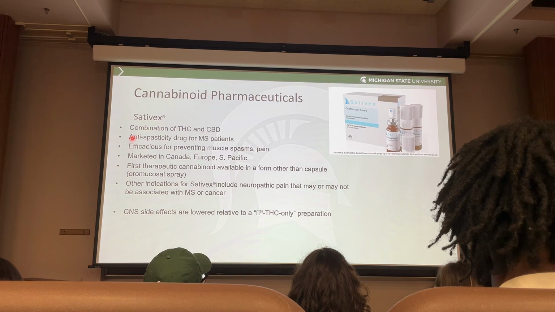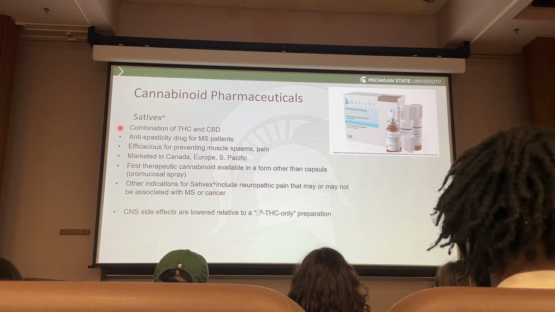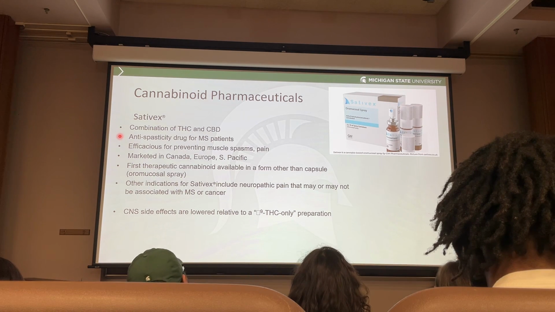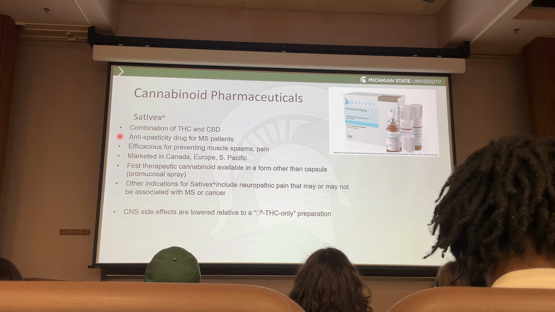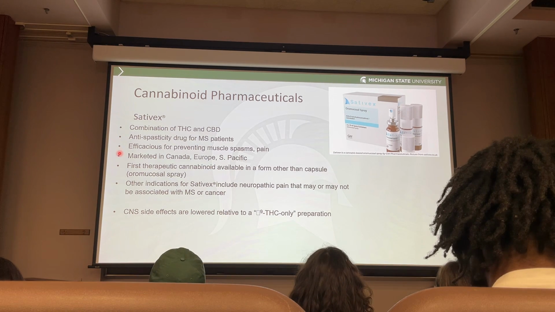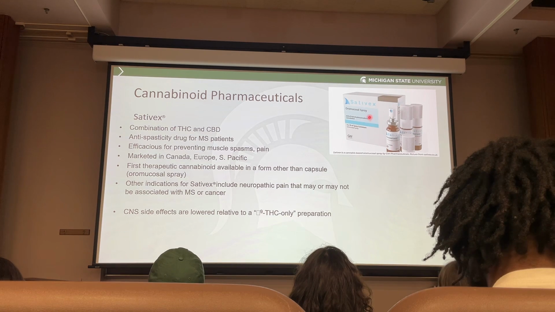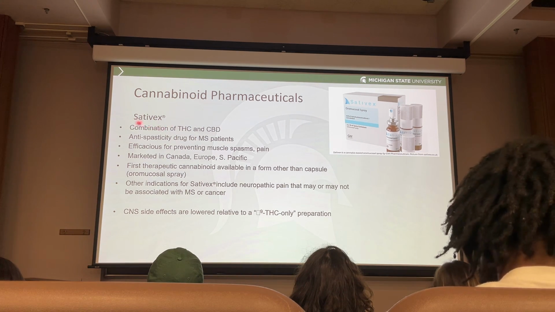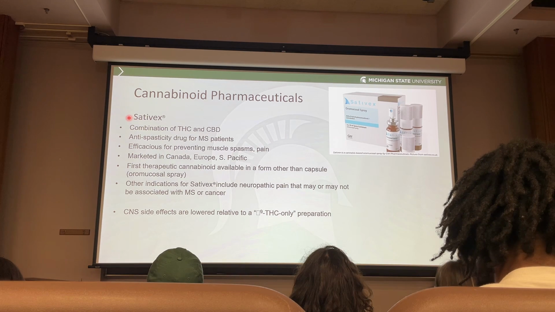And the last one, Sativex. So this one is another combination of THC and CBD used for treating multiple sclerosis, and marketed all over the place, but this is a spray. This is the only drug that's an actual, as it shows, oral mucosal spray. So Sativex is the one, and that actually is the trade name. I should call this Delta 9 THC CBD, but let's just call it Sativex because there's so many that are